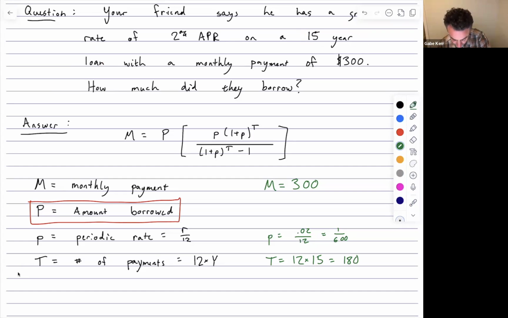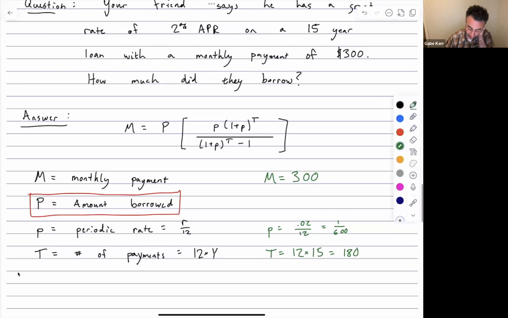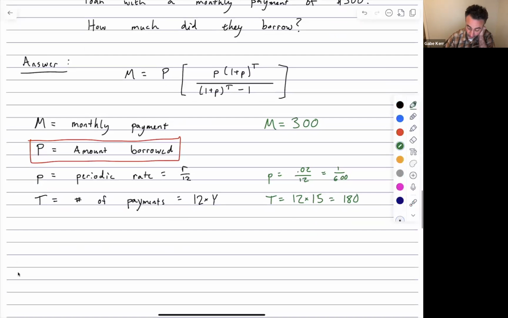Yeah, so we have 180 payments, and we are in business. So now we do what we did before. We're going to rewrite this formula, but we'll just make the substitutions. So we have 300 for M. That's what our M is. And we're going to say this equals the unknown P